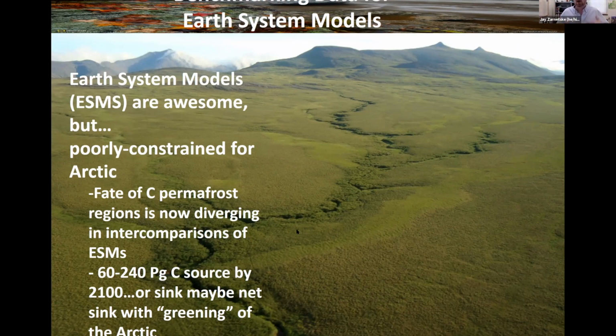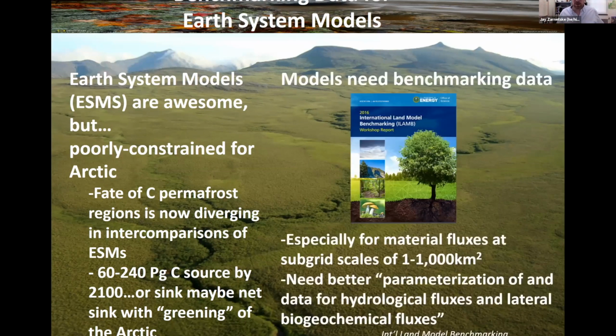It may actually just go into the vegetation, and as you grow more larger trees and plants in that landscape. So this is what policymakers want to know: is it increasing or decreasing? And the models are saying, we don't know. So as a result, the Earth system modeling community has really started to emphasize work in the Arctic, as well